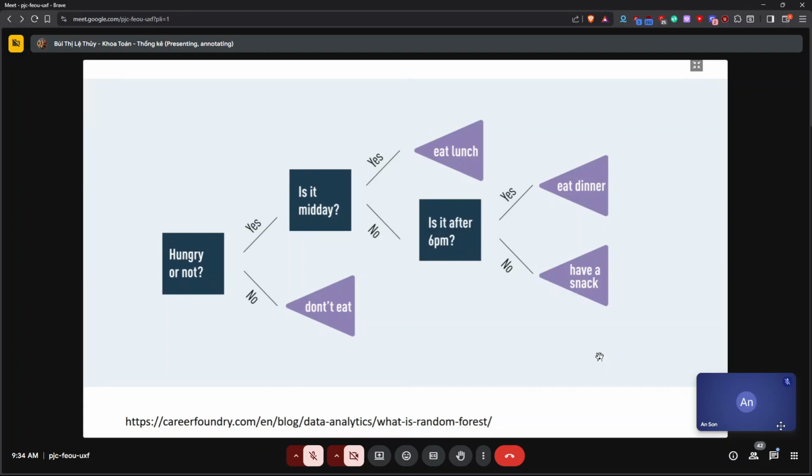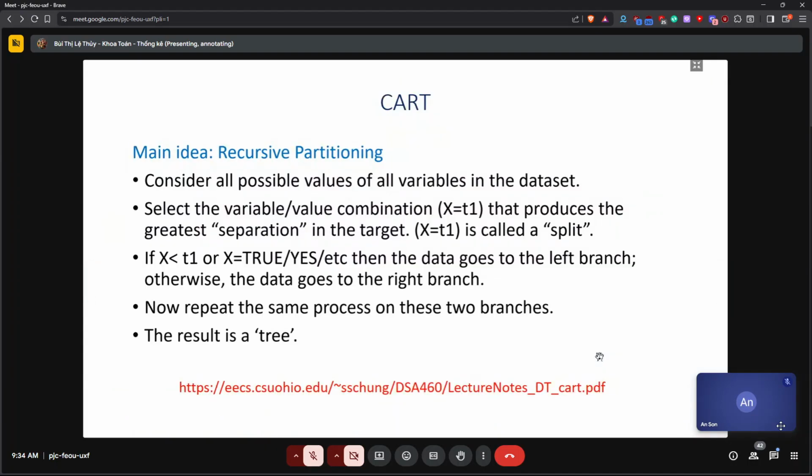Now what we're going to do is learn that from the data and have some probability of going to each of those different outcomes. So if you go to the next slide, in the classification and regression tree approach we're going to consider all the possible values of all the variables in the data set, and we're going to select the variable and value combination for a particular variable X that produces the biggest separation in the target.